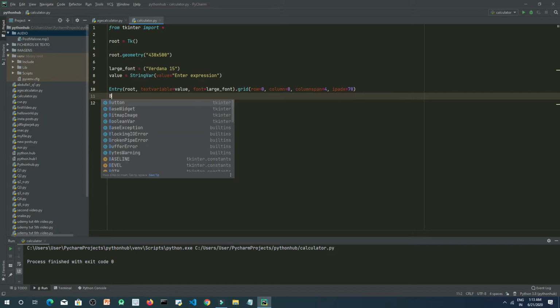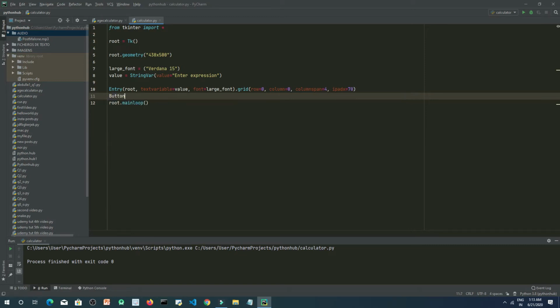Okay, button, we will place it inside our root, and text, as you know, should be plus, right? And let the foreground using fg equals to be red. Okay,